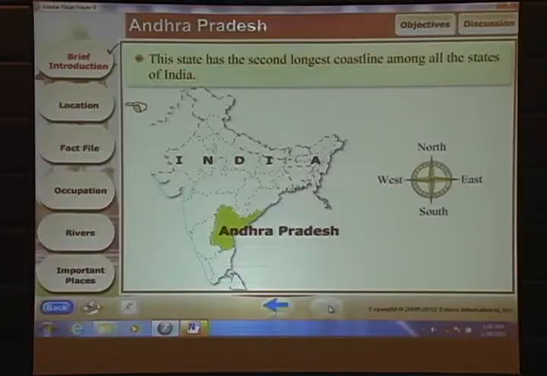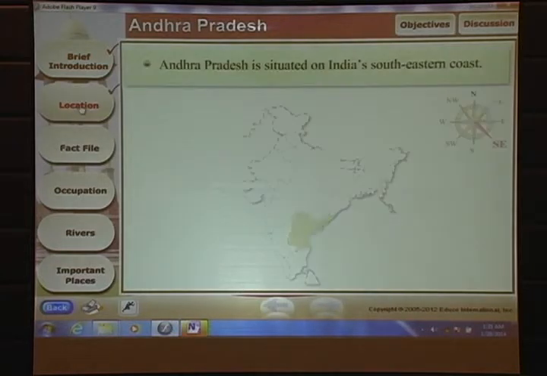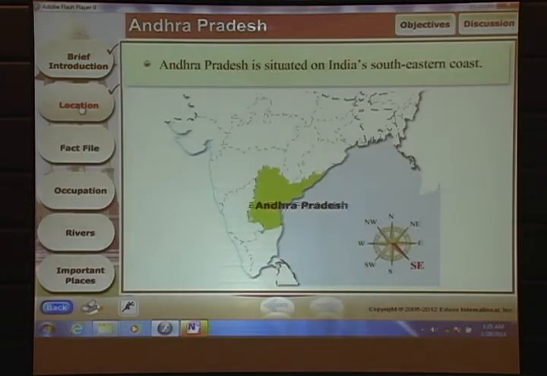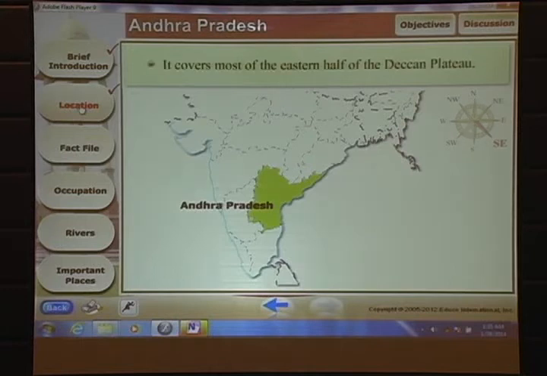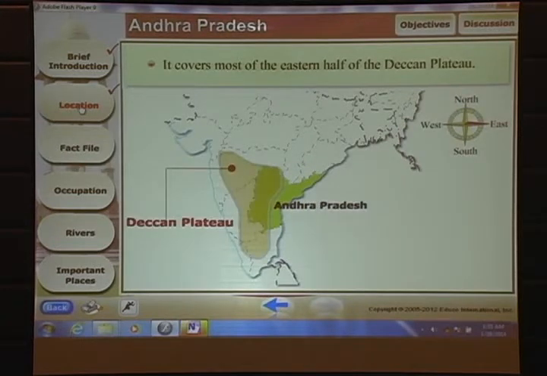And when this becomes mild, that means there is nothing on this part. You need to discuss the next part, location. It's situated in India, in the southeastern coast, and so on. You can see yourself using that in the classroom, how powerful a tool is in your hand, and also for the students to self-learn at home. Go back.